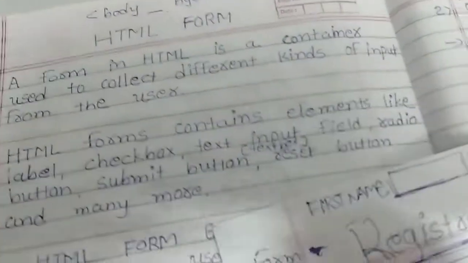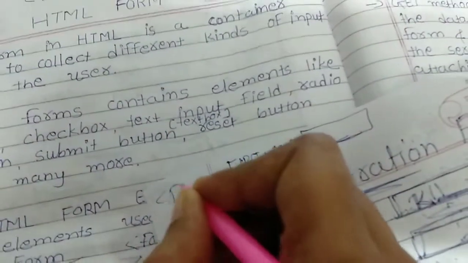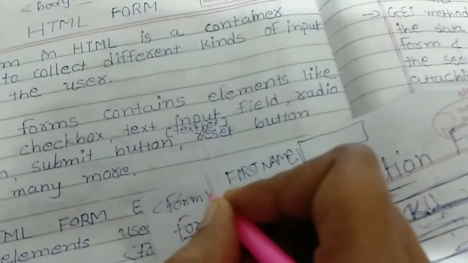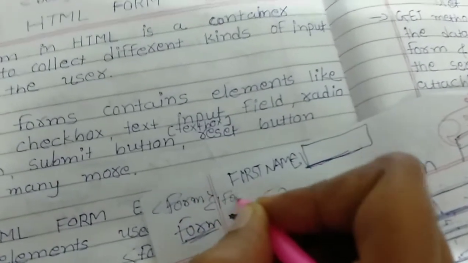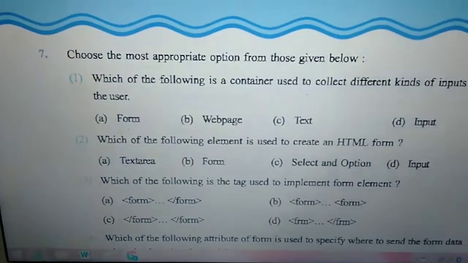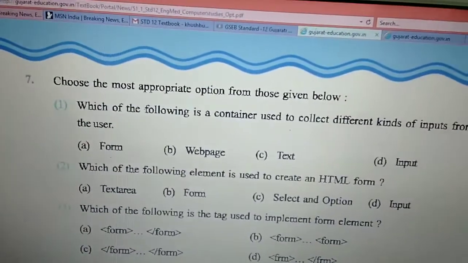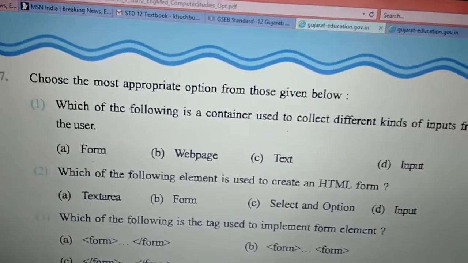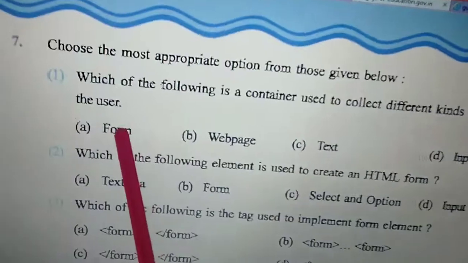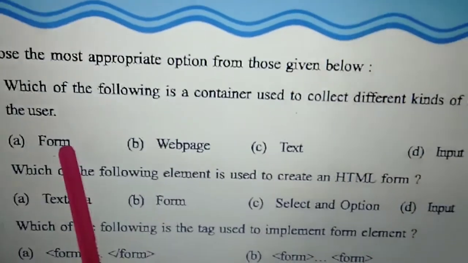Form is a container tag, that's why you have to close your form tag. So if you want to create any kind of form, you have to use the form tag. Answer is A, form.